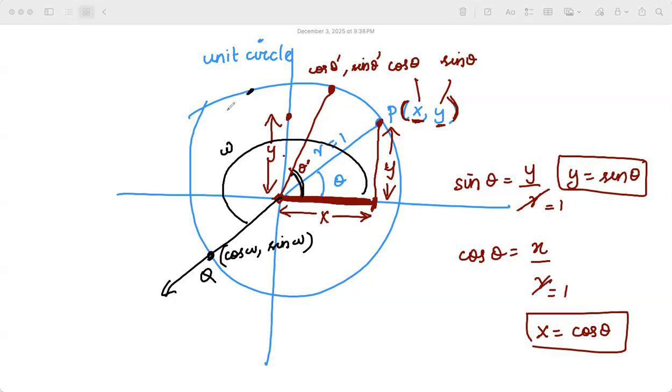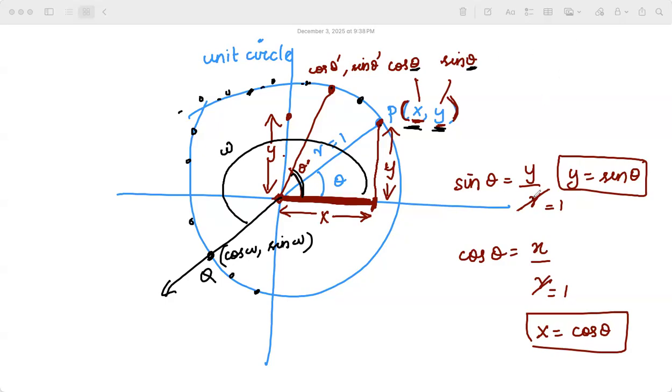So for any point on the unit circle, can I call it cos theta comma sine theta? Make sense? Any point on the unit circle I will start representing as cos theta comma sine theta, but the real value depends on the theta, which is the angle subtended by the arc. Make sense? Okay, so this is how a unit circle will start having several coordinate points within it.